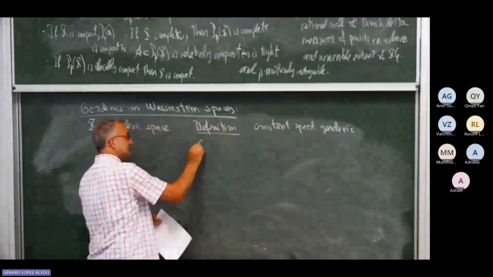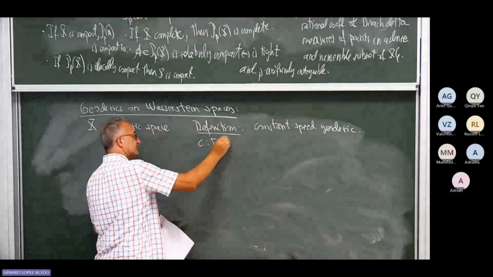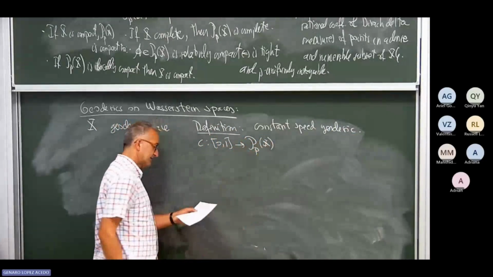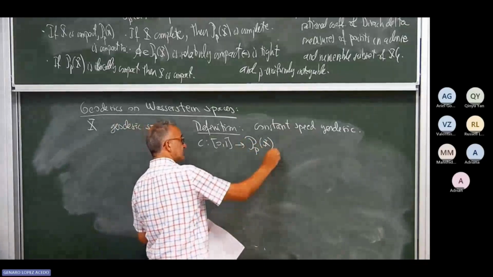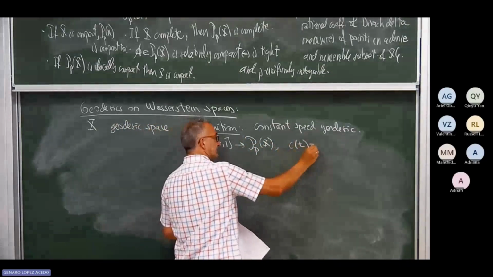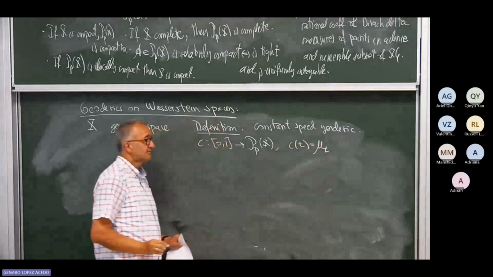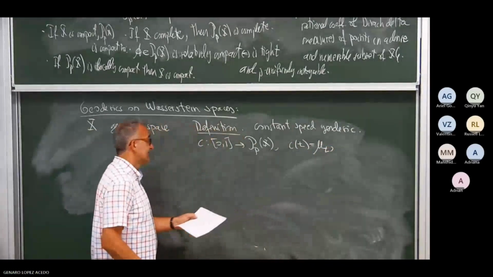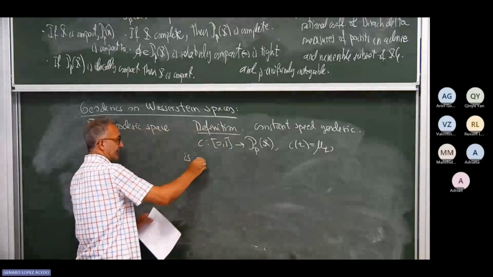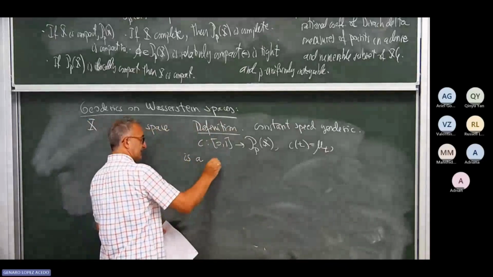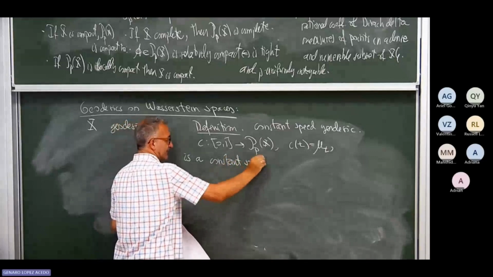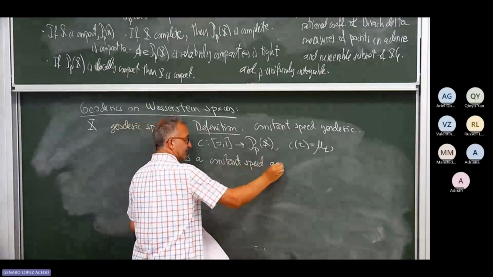So we have a mapping C that goes from [0,1] to the Wasserstein space. We denote it C of t, mu t, right? So it is a constant speed geodesic